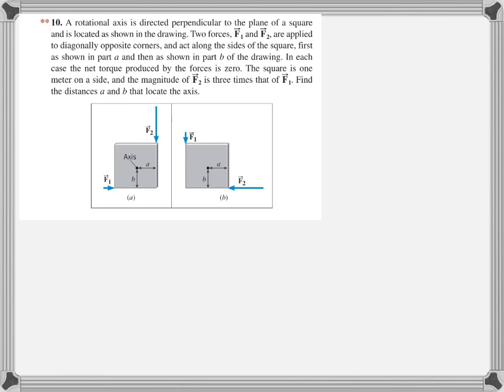For the last problem dealing with torque, we have number 10. This is a double star problem, so it's probably going to involve a system of equations. So it says a rotational axis is directed perpendicular to the plane of a square and is located as shown